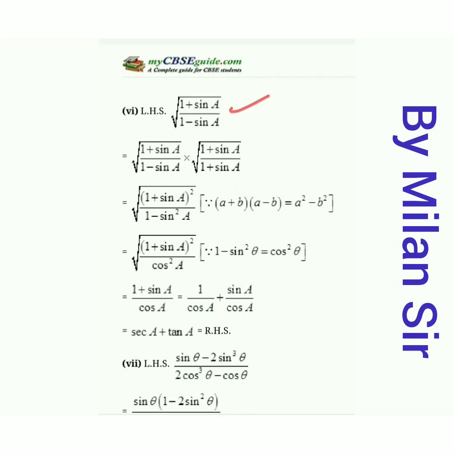Again, first of all rationalize the denominator. Here 1 minus sin A, so we need to take 1 plus sin A, multiply and divide by 1 plus sin A, under root 1 plus sin A. Then in the numerator the same term is there, so all square, and the denominator is x plus y, x minus y, so x square minus y square. So by using that identity we get 1 minus sin square A. Now 1 minus sin square A is the formula of cos square A. Now the square root is cut with the square, so we get 1 plus sin A upon cos A. Then give separate denominators, 1 upon cos A, sin A upon cos A. So 1 upon cos A is equal to sec A, sin A upon cos A is equal to tan A.